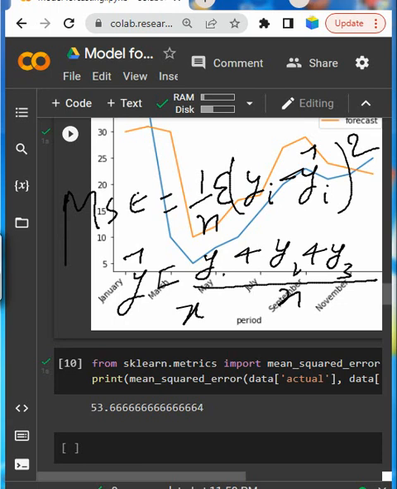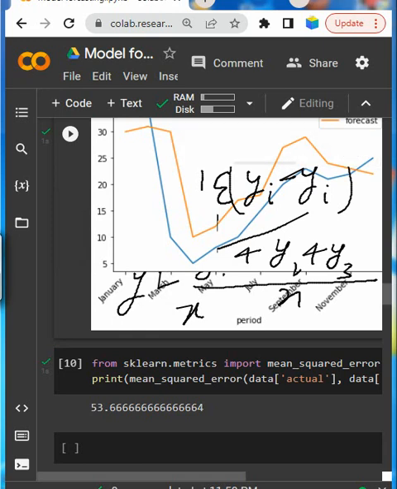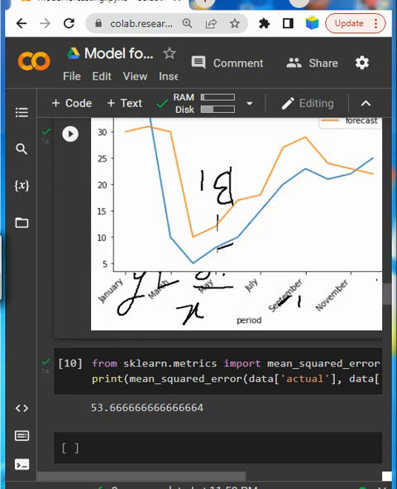So you can get this value. After that we can subtract and square these things. I think the concept has been clear, so I am going to erase these things.